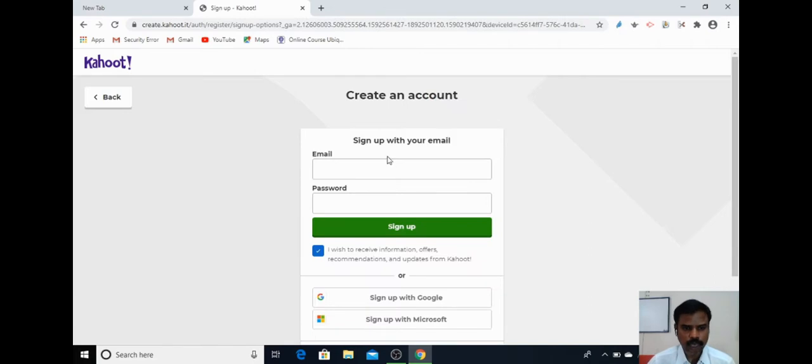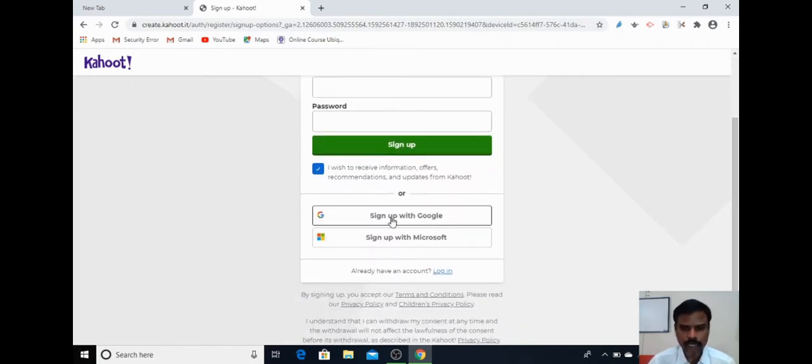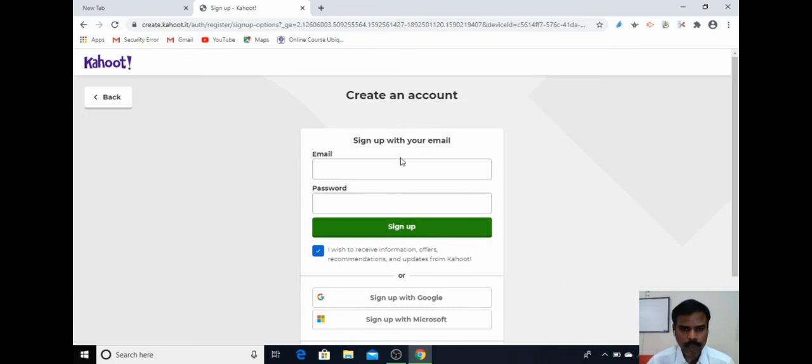You have to give all these details, for example email and password, or you can use the Google Gmail account for signing up. To create an account, you have to give all these details.